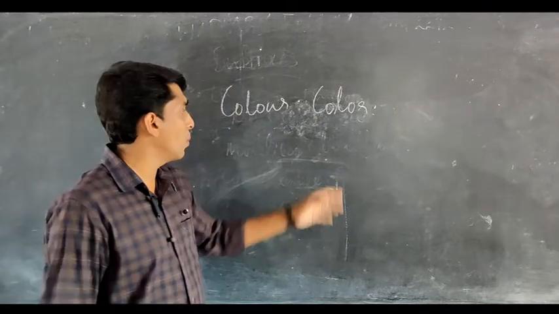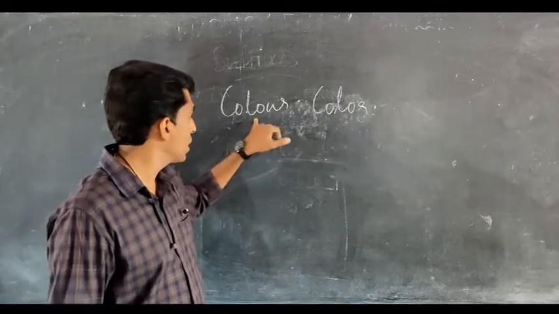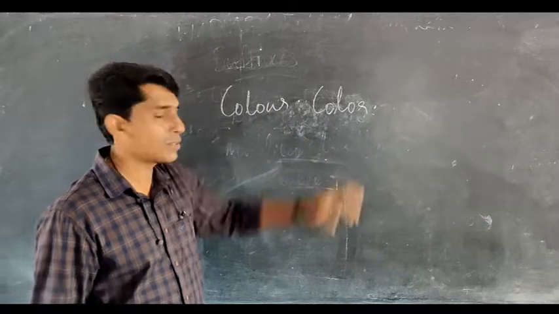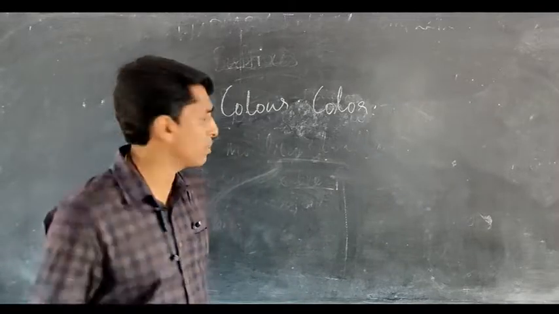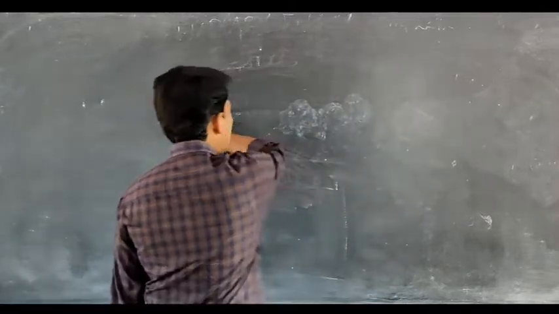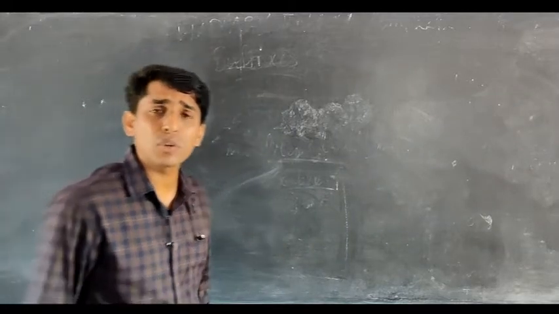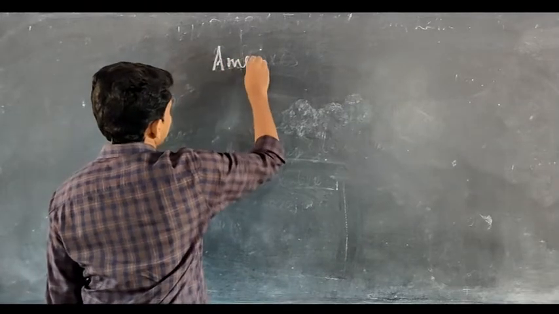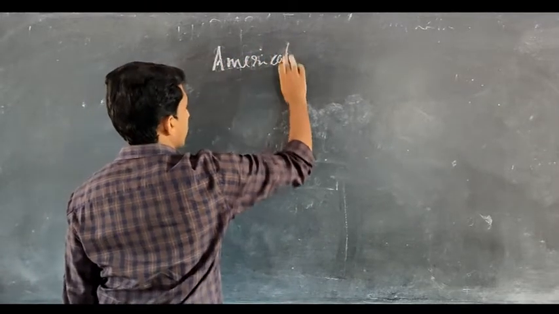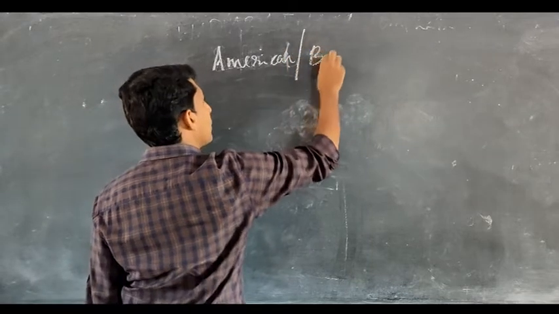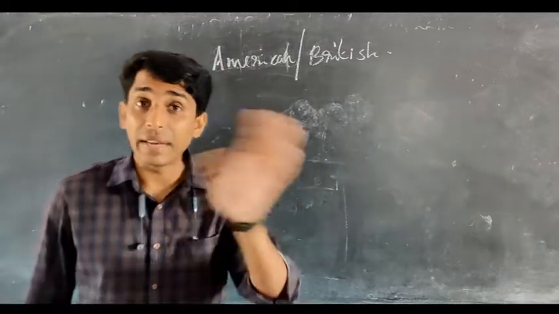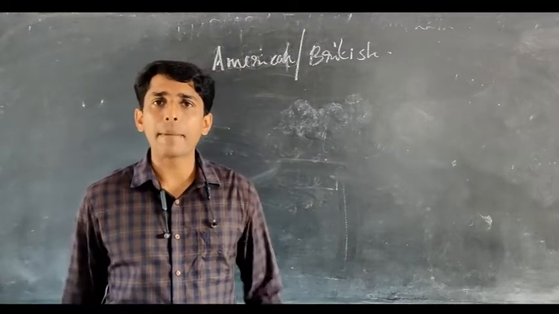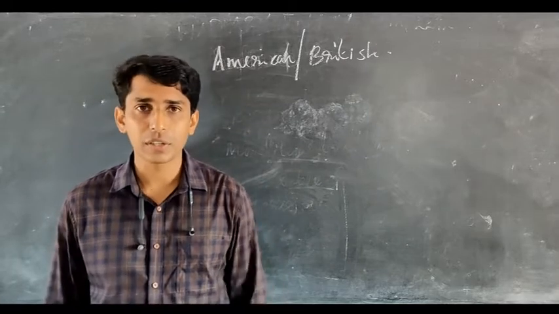Sometimes you will be thinking, oh, why can't we know this? This is very simple because here we have to use a U. There is no U. But this is about spelling. In spelling, there are so many differences in British as well as American English. But we will speak about the words which are entirely different. Okay, we will just see American and British Englishes. Some words which have entirely different words in American English as well as British English.